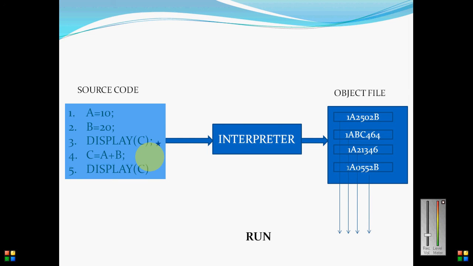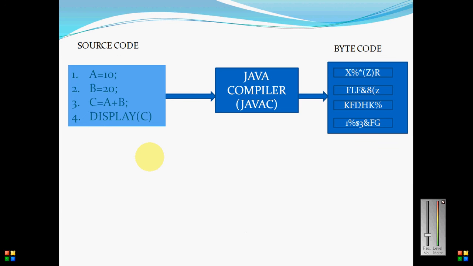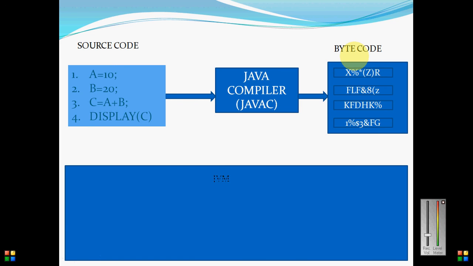So friend, here we are talking about Java programming. Let's see how the Java compiler works. The Java compiler takes source code as an input and compiles it to bytecode, which is not understood by humans and computers. It is only understood by the JVM. So here the interpreter is not present. The class loader loads this bytecode.